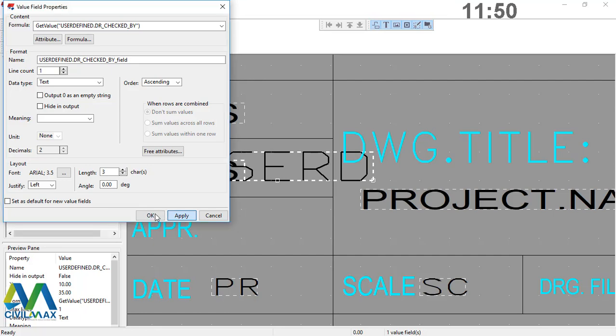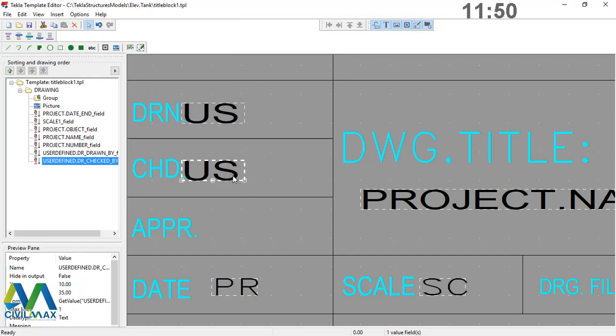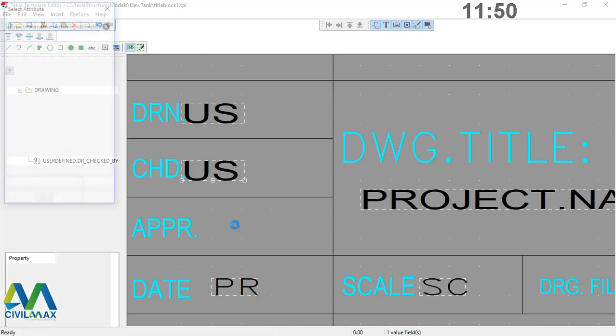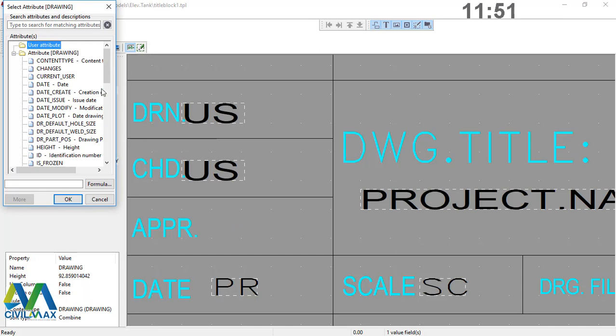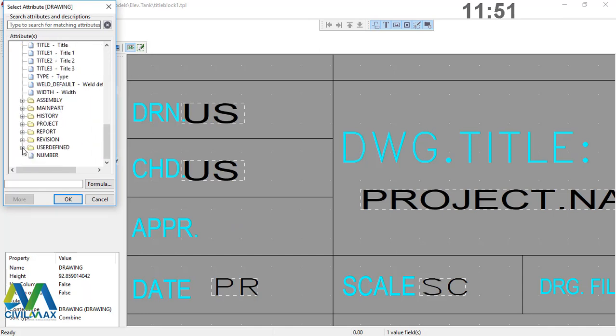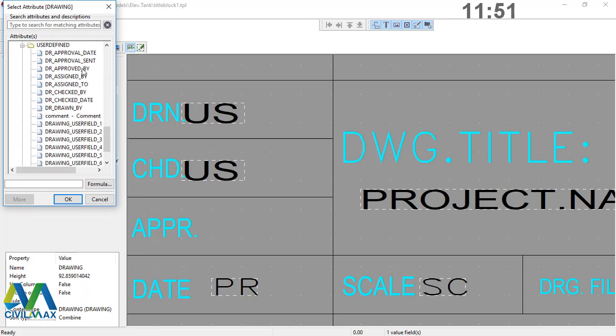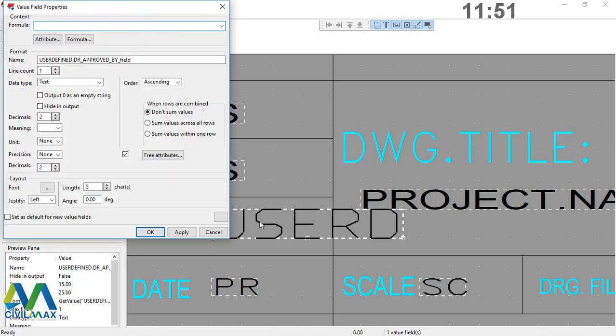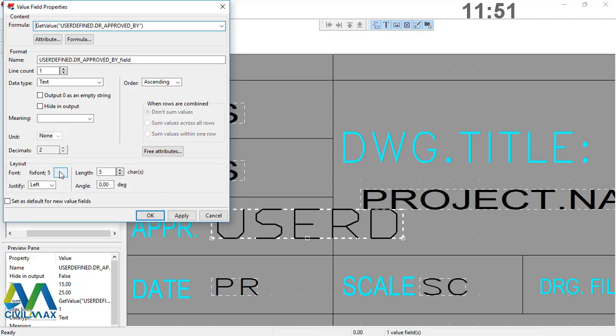I'll apply and give it an OK, and do the same thing here. At the bottom end here, I'll snap right here. I'll scroll down to user defined. I'll click that and go approved by and click OK, and double click here and do that routine job of